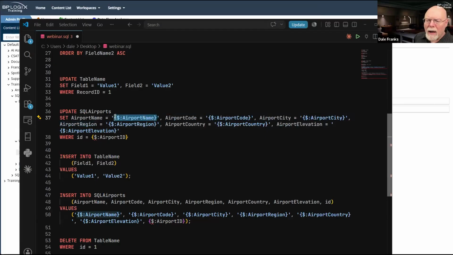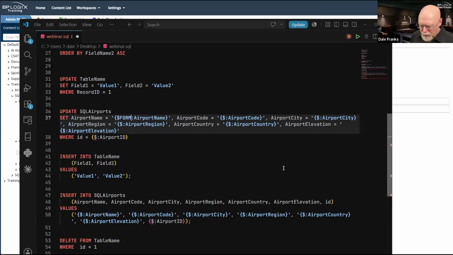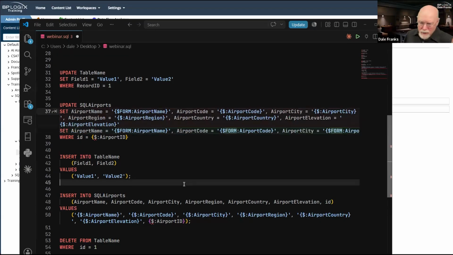Currently, I'm using a form field system variable. Now, I'm actually using the shortcut for a form field system variable, which is just :airport name. I've noticed that some customers still use the full form, and that's fine. You can do that. It's not a fail. It works perfectly fine. It's just, from my view, typing in four characters I don't need, because we've kind of shortcutted form field system variables.